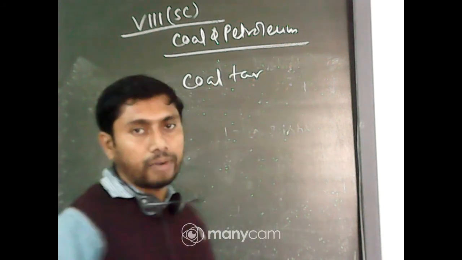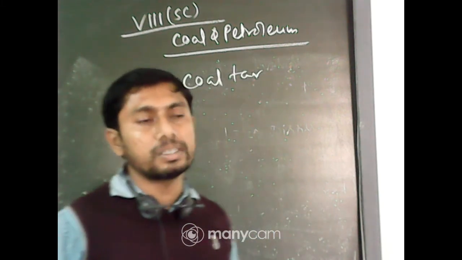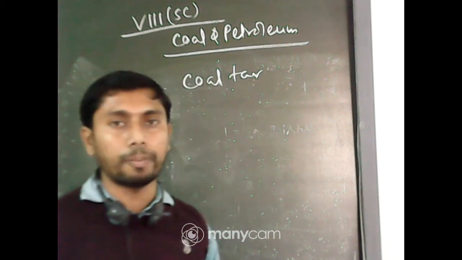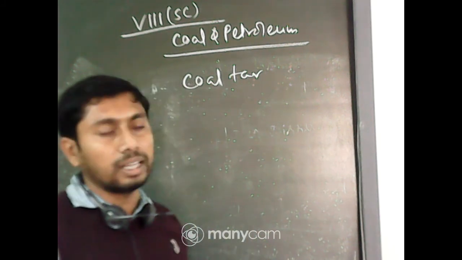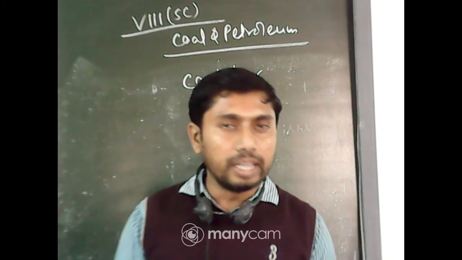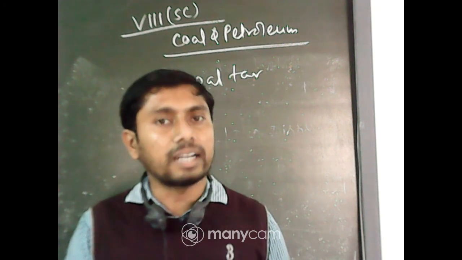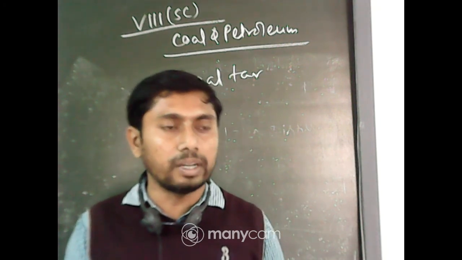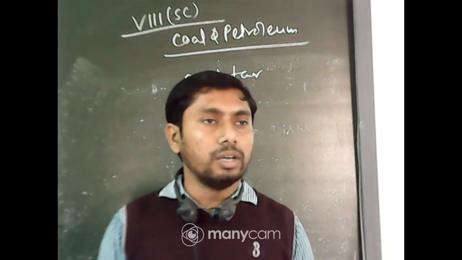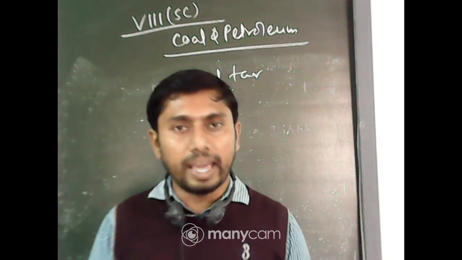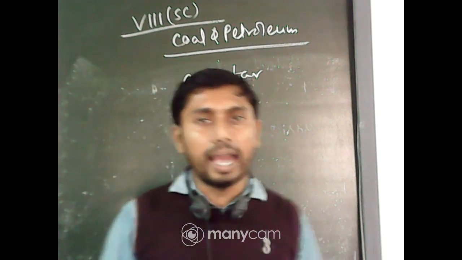Now we have defined coal tar as the black thick liquid having an unpleasant smell which is formed by the destructive distillation of coal. In earlier days, the use of coal tar was not known, so it was thrown out, as it had no industrial use. But later on the chemists or scientists discovered that it is not to be thrown, but a very important substance from which we can extract different compounds. Basically these are organic compounds having aromaticity.